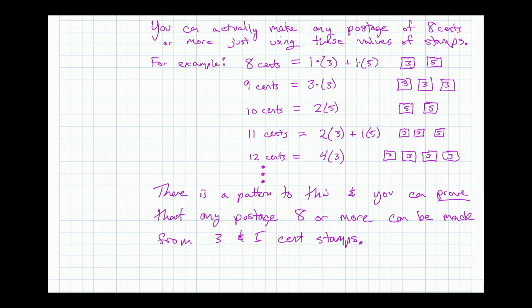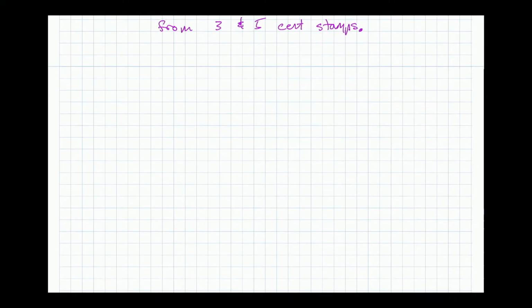Now, the general strategy for this is as follows. So there's going to be a certain number that you have to show directly, and then after that, there's going to be a pattern. So the trick is this. Maybe I'll try to write the trick here. Okay. So there's a trick to this.